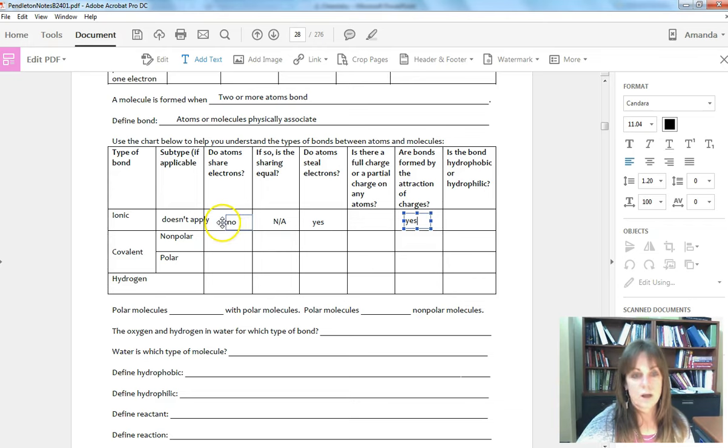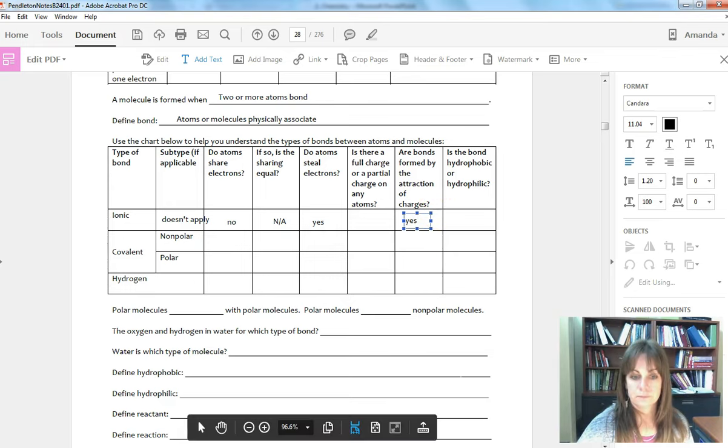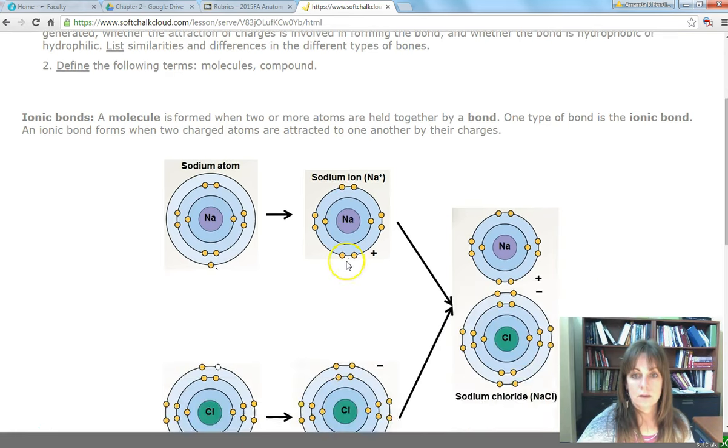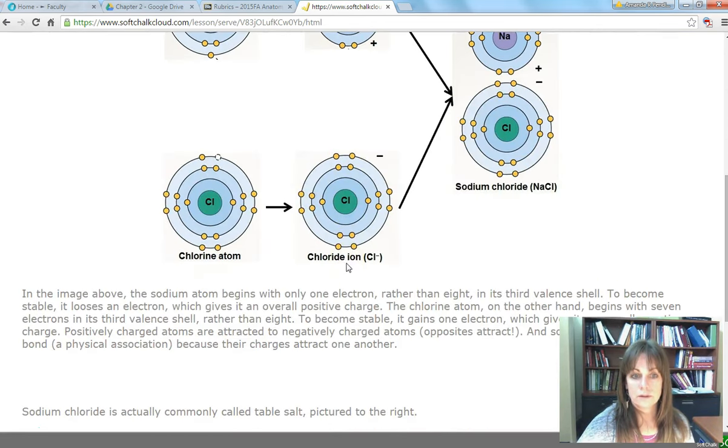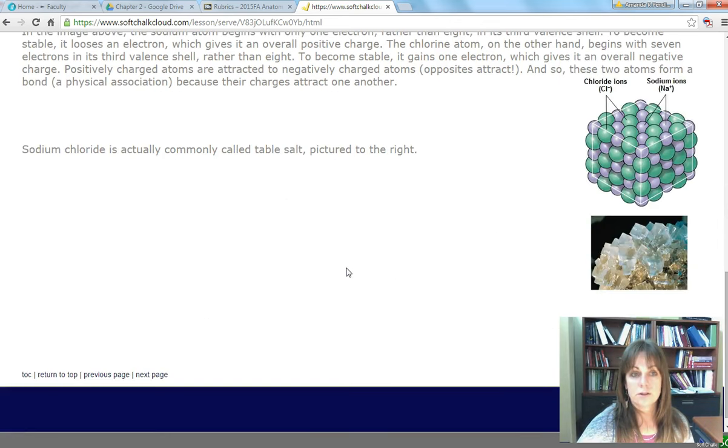So we're not talking about sharing electrons, but yes, one atom steals an electron from somewhere, and that causes these atoms to be attracted and form a bond because of the charges. I believe that is ionic bonds. It just shows you here that sodium chloride is actually formed by an ionic